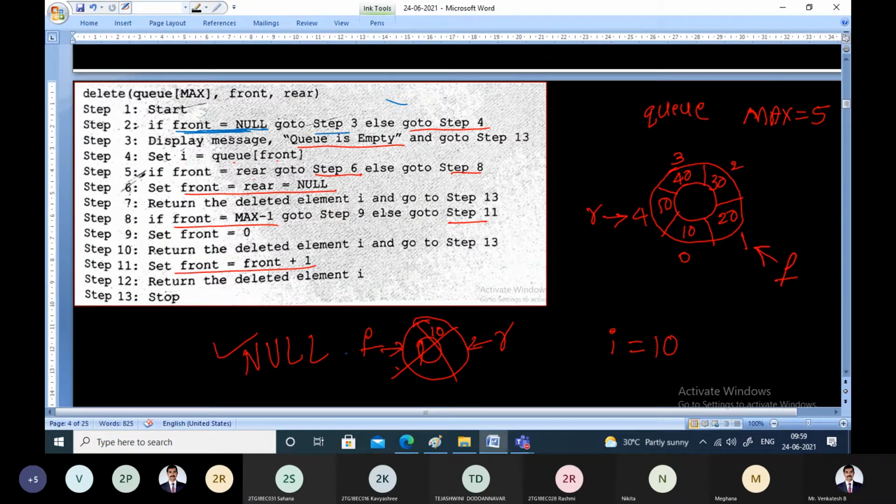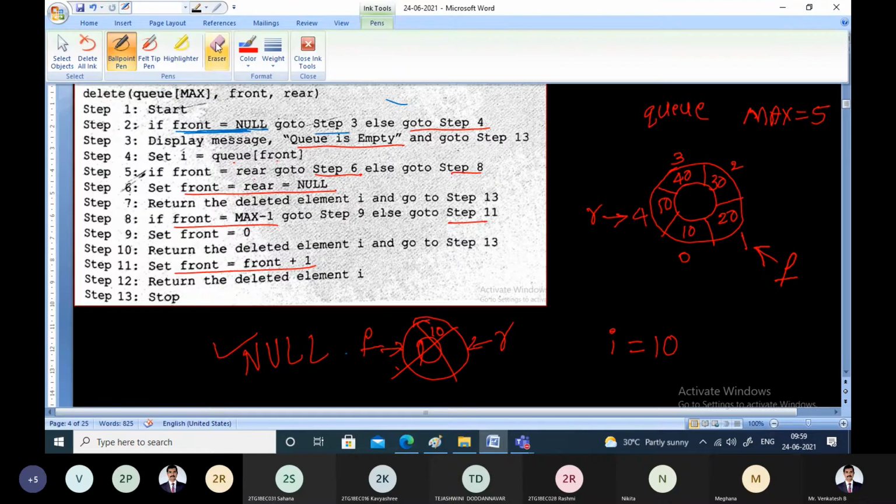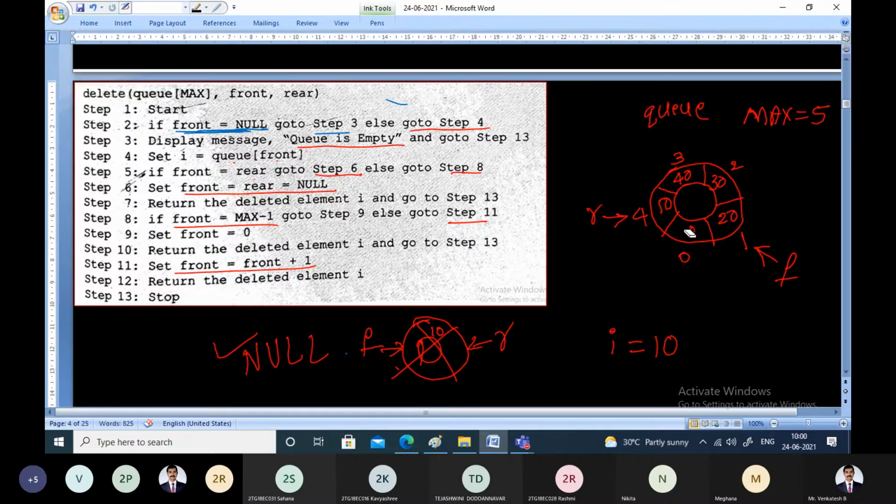In the next step, step number 12, we return the deleted element back to the caller. And just for completeness, as front is pointing to this location, I will erase this element. For simulation, it is like the element has been deleted successfully from the front end of the circular queue.